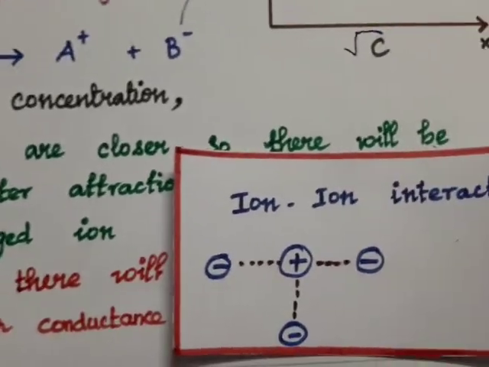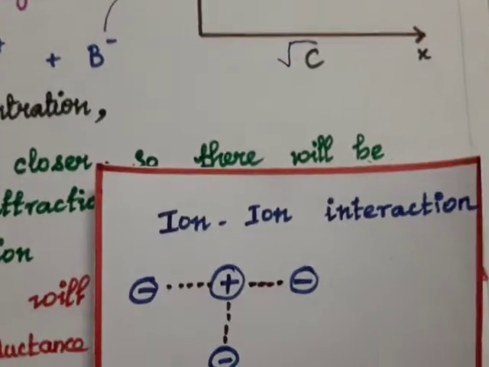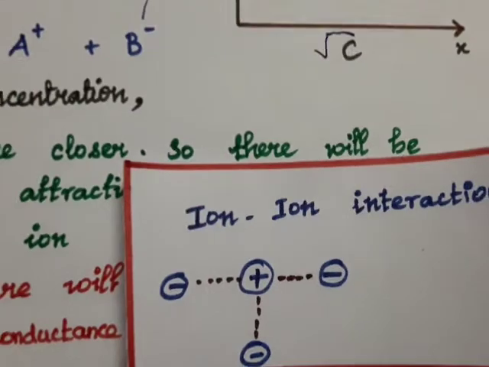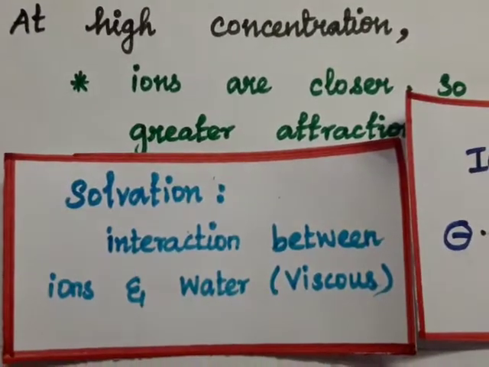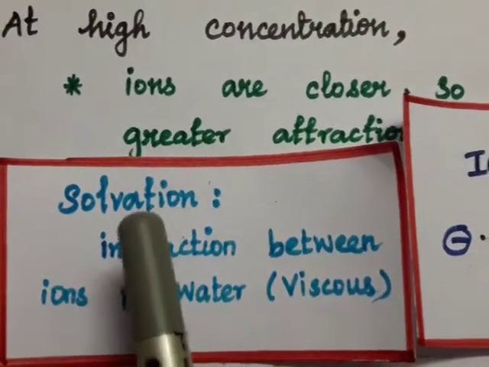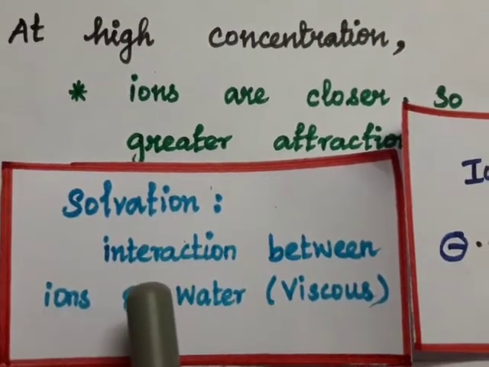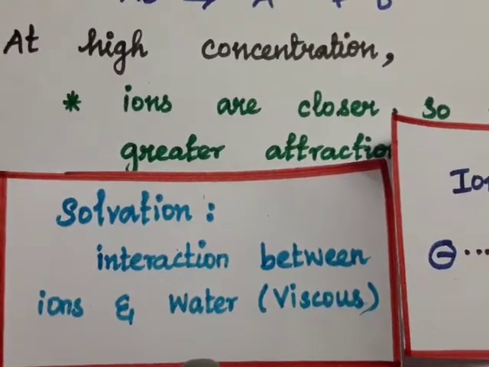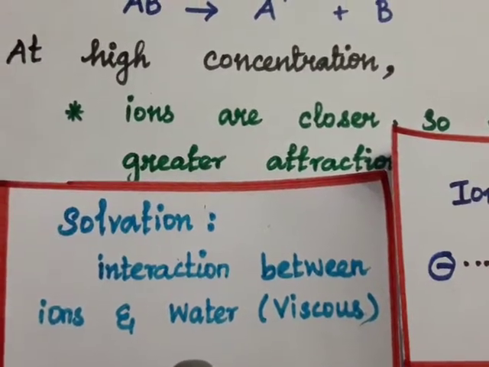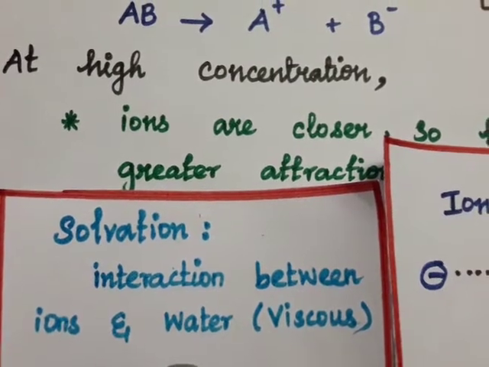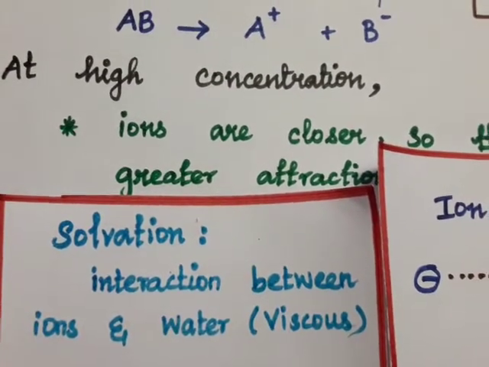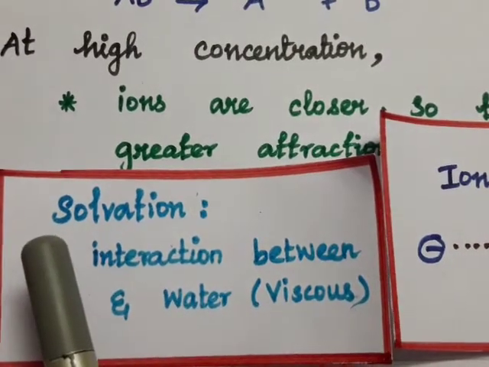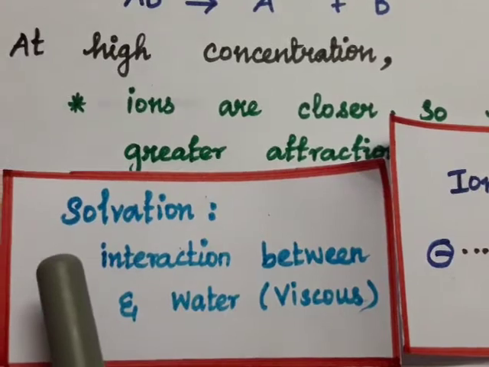electrolytes, right? I told you there are two factors, right? So I have explained one factor here. What is the other factor? The other factor is solvation. You know very well, there will be an interaction between ions and water. As you know, the solute is dissolved in water, right? So there will be an interaction or reaction between the water and the ions present. Because of this solvation, there will be a decrease in the movement of ions in a solution.